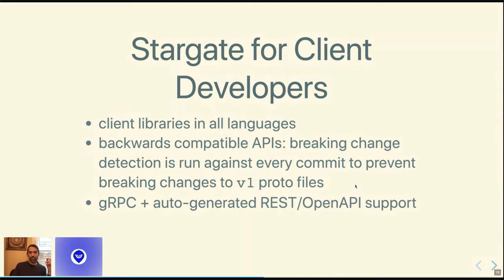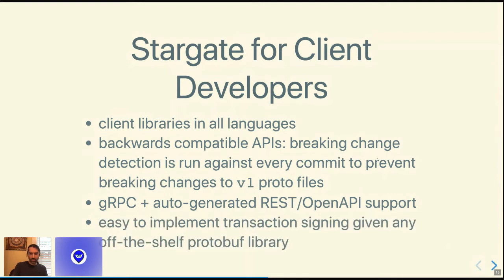Another thing is we're using gRPC. You can use gRPC as a single protocol for talking with all the services in a Cosmos SDK blockchain, or you could alternatively use a REST API, and actually our protobuf files automatically generate a REST API with Open API or Swagger definitions.